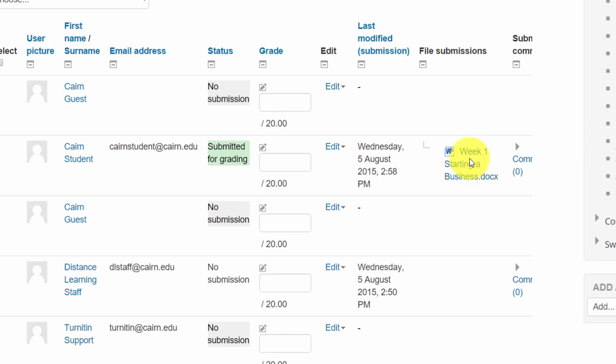So you basically could click in here, open up the document, read their paper, and then put your grade right there. That's one way. It's kind of the quickest way, but not really the most recommended way. Now, what we do suggest is that you actually go to wherever your papers start, and you click on this little pencil or grade icon here. So you click on it,